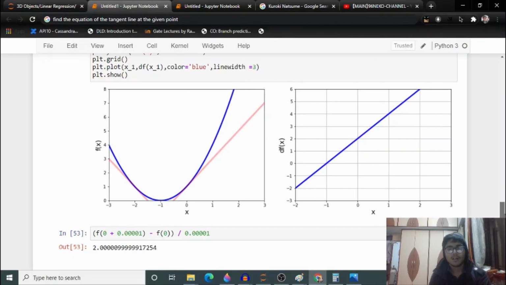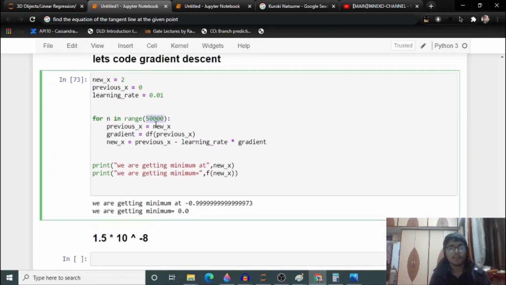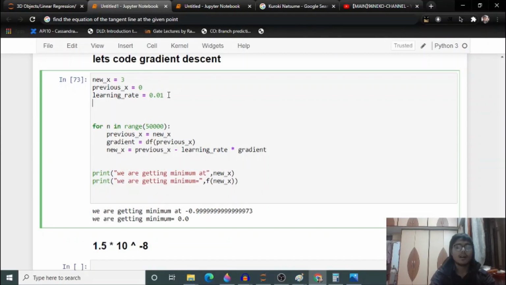Okay, so now let me change this value to 3 just randomly, because we are going to do visualization maybe in this video, or we will do it next guys. It doesn't matter, since it is a continuous function, you can start from wherever you want. So let's start from 3. Let's do some modification guys. I'm adding this precision guys. We will come to know this precision's importance in a bit. I'm setting it to a very small number guys.